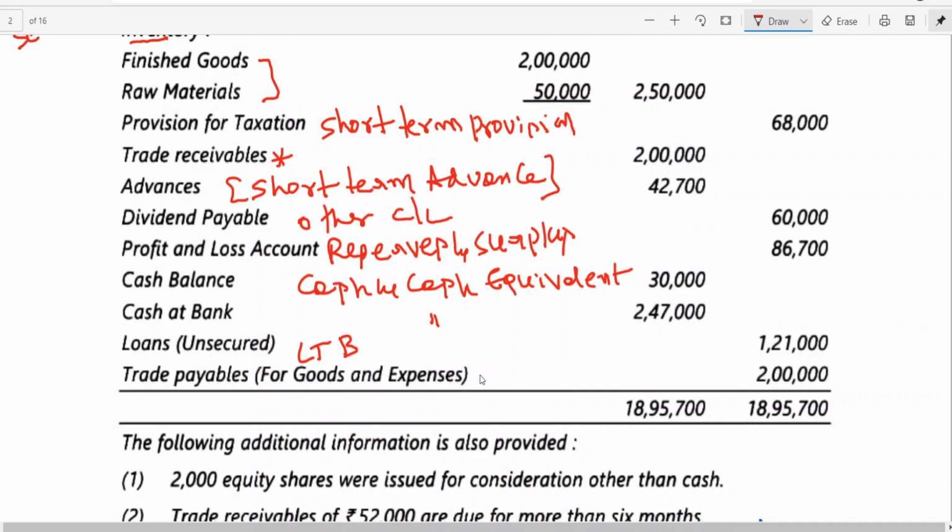Then, trade payable he himself has given, trade payable will be taken to current liability. He himself has given the heading. Subheading has been given. No need to go for subheading again. When subheading has been given, and only one item is there, no need to go for notes to account. But if the major heading under that subheading is not given, we shall go for notes to account. Are you following? Suppose Kratos has been given, but trade payable as a word has not been given. Then what should we do? We should write trade payable, and under that we should write Kratos. When he himself has given trade payable, that means the subheading is given, then directly we can show this trade payable under current liabilities. Okay.